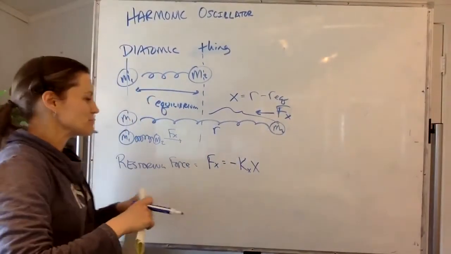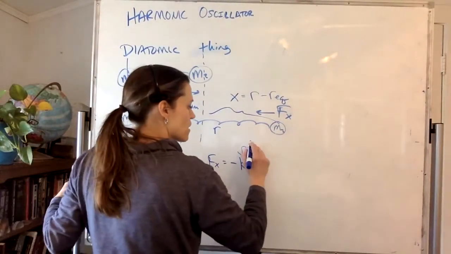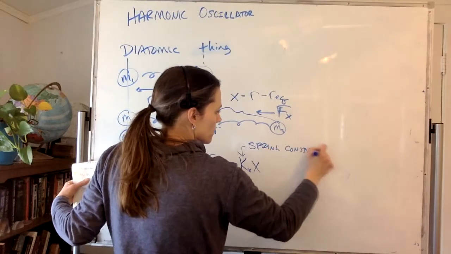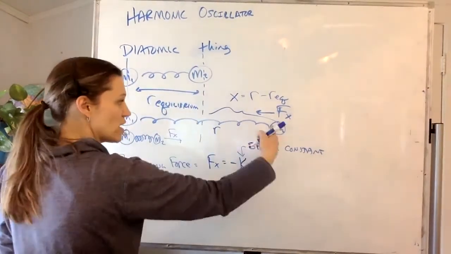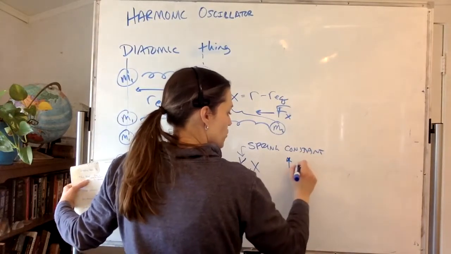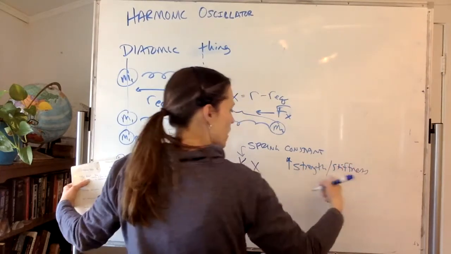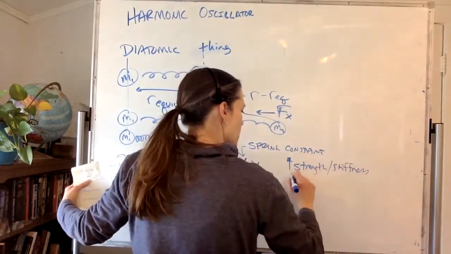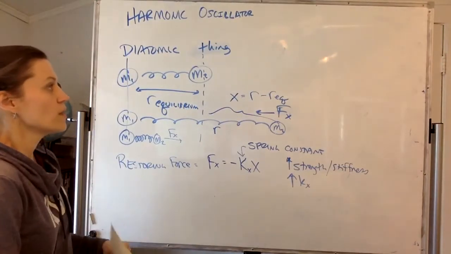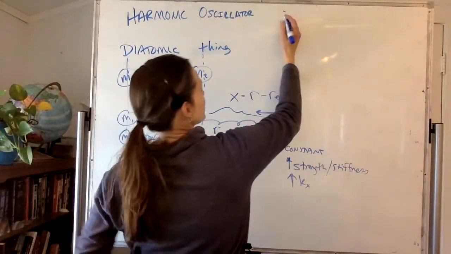Didn't realize. Okay. So this is k, which is known as our spring constant. And this is related to the strength of the spring. So the bigger the strength or stiffness of the spring, the bigger the spring constant. Cool? Okay. Now, the classical treatment is looking at the energy